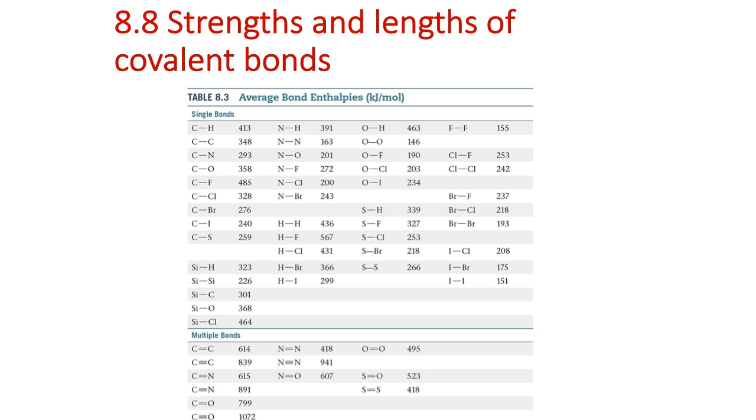So we had presented the strengths of bonds back in chapter 5. You might remember seeing a chart like this before. A CH bond is 413, OH 463, HF bond 567. Interestingly, you can see that the bonds are becoming stronger